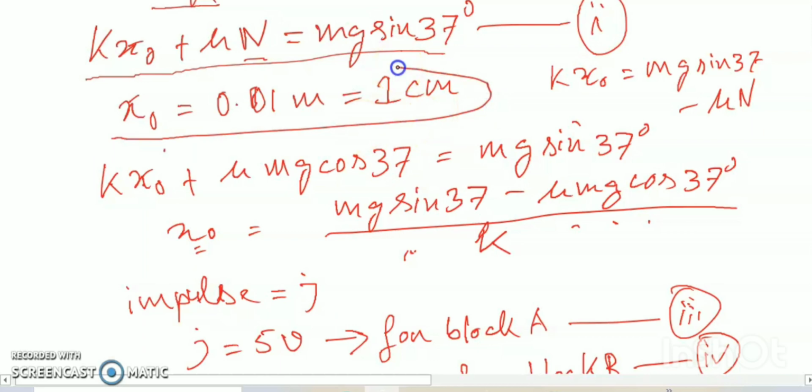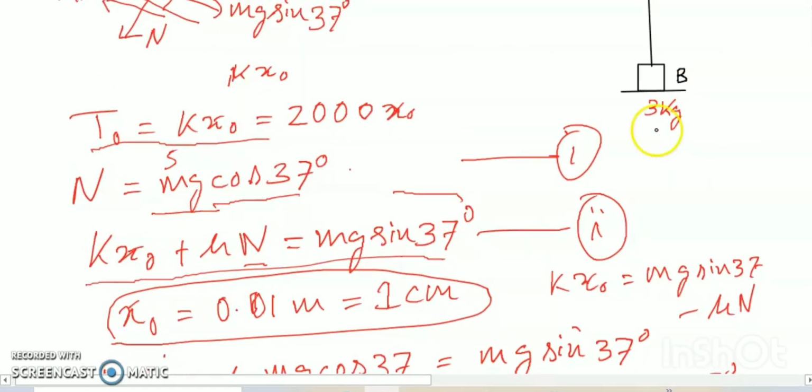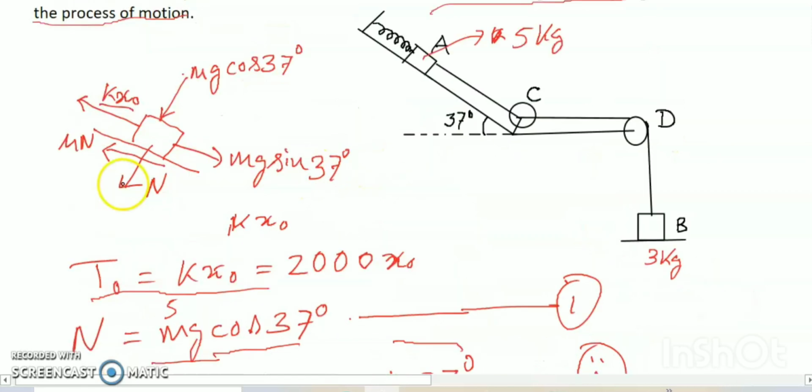Okay friends, I hope it is clear. There is a small error, it is not 40, because if you calculate the normal reaction, this way is my N, so N obviously equals mg cos